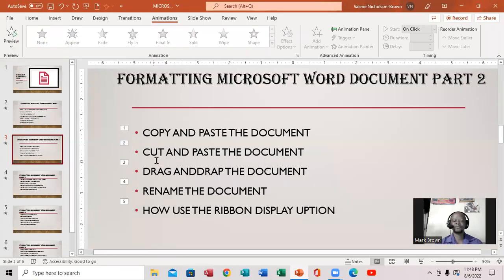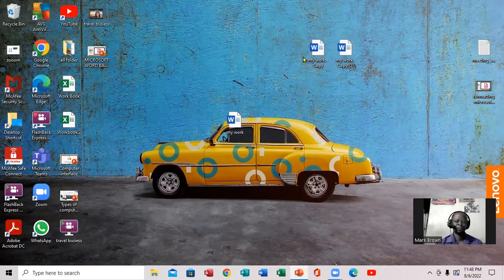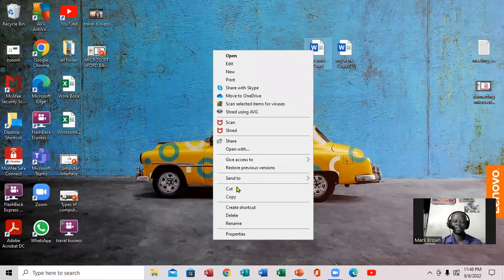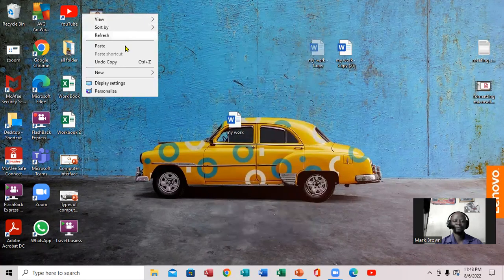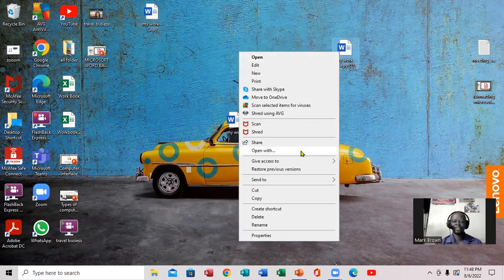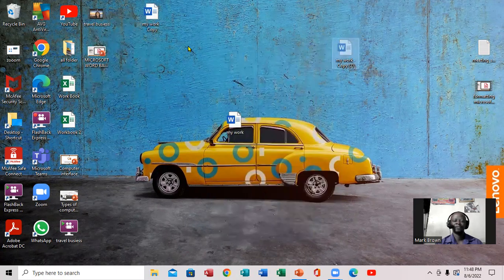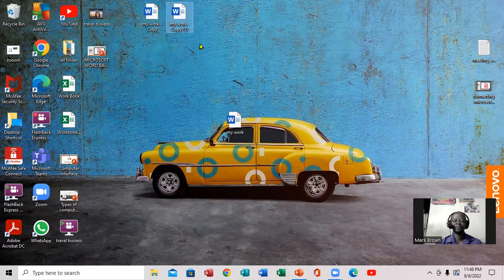All right, the next thing you want to look at is cut and paste the document. You come right here, put the cursor on the document, right click, go right down here. Notice this is the word cut. You click on the word cut. Then you put it right over here, right click again, and click on the word paste. So you paste. The difference between cut and paste and copy and paste: